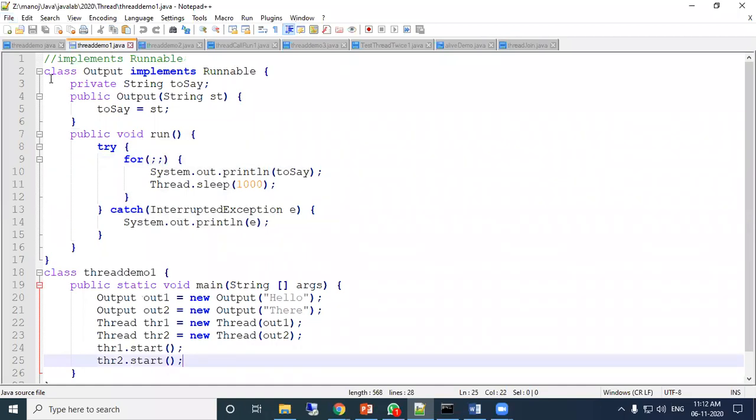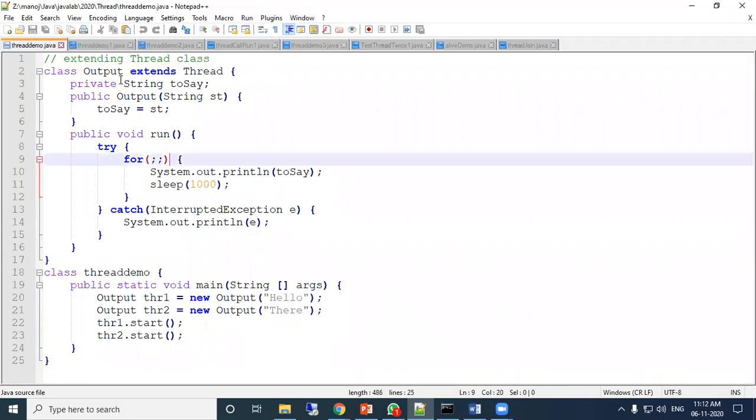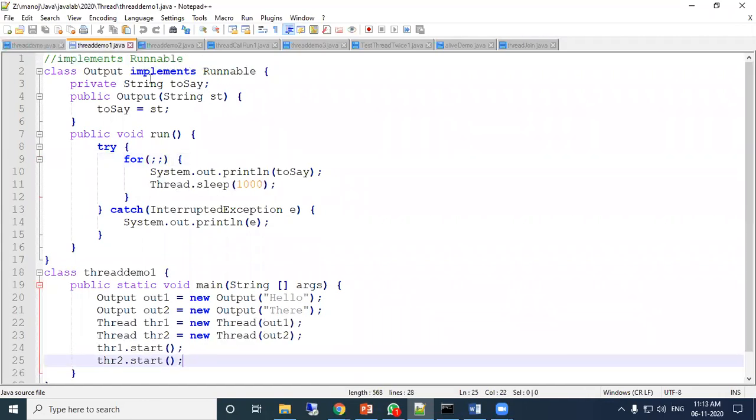When you are creating the child class of the thread class or the runnable interface, the only difference is that here you use extends thread, and here you use implements runnable. That is the only difference in the child class definition.